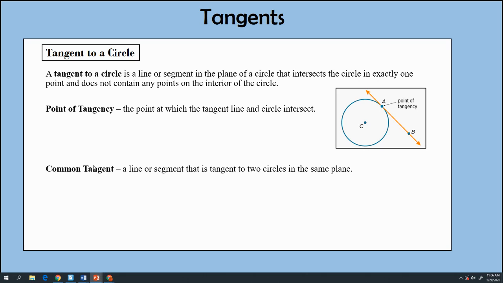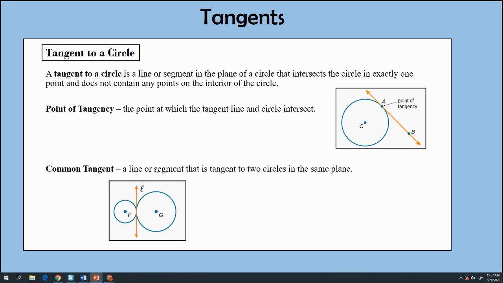All right. Now, one thing they'll ask us today is to identify what we call common tangents. And we don't do a lot with this aside from finding it, understanding what it is, and being able to name how many there would be given an example. Basically, a common tangent can be a line or a segment that's tangent to two circles in the same plane. So it's a line of tangency to two circles at the same time. So, for example,